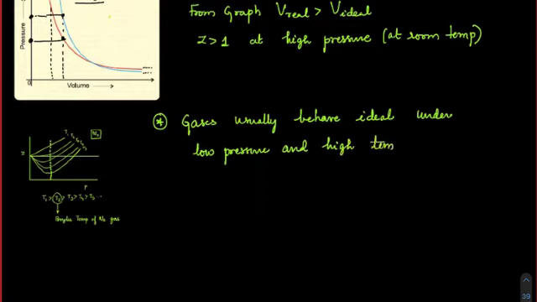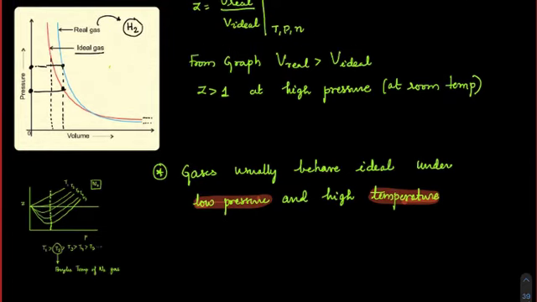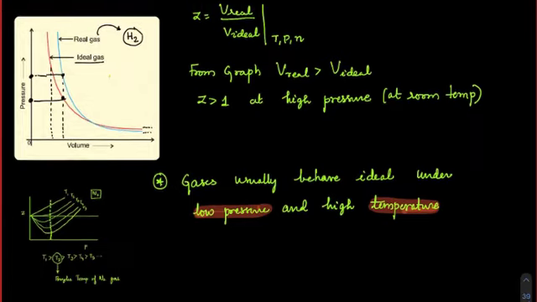This statement has been asked in JEE multiple times, so please try to remember this. What we are trying to say is that at low pressure and high temperature, gases will usually have the least amount of interaction. Therefore, they would behave more like an ideal gas. In all other cases, they would behave like a real gas. So at high pressure or mid-range pressure, or at low temperature, these are all the cases where we usually have real gas behavior, but otherwise we will have ideal gas behavior. I guess you understood that.